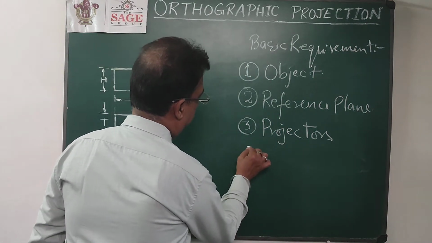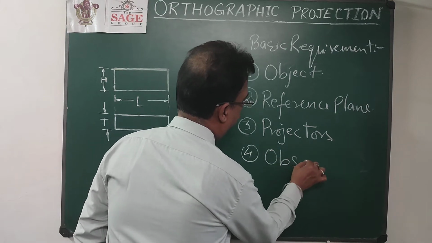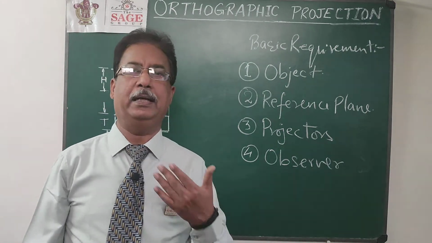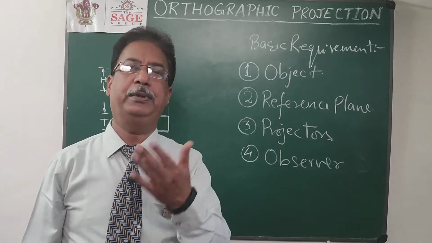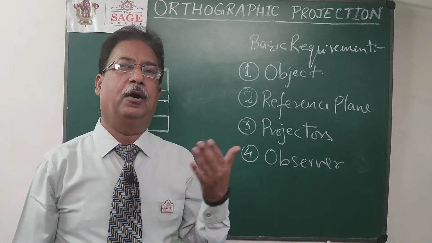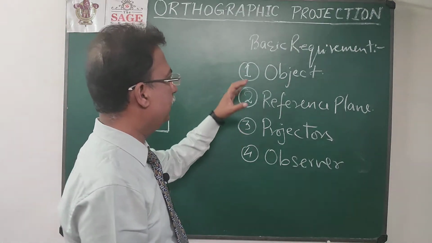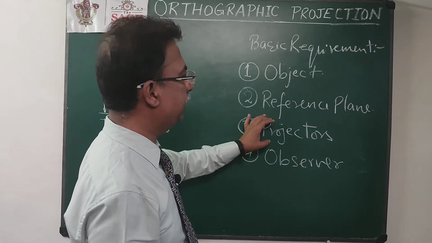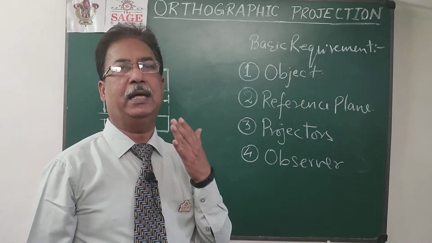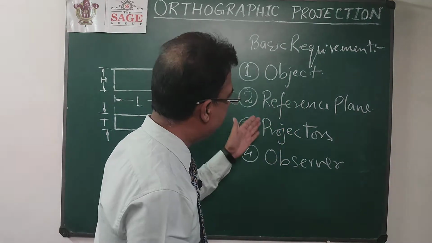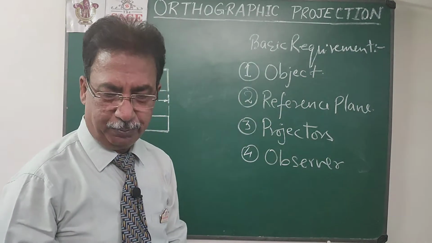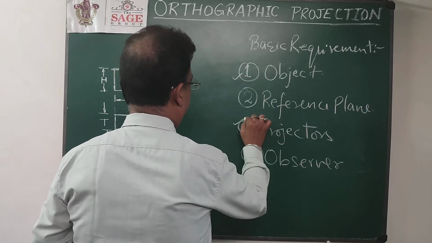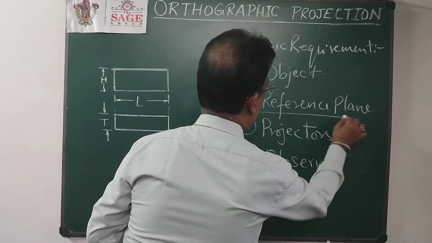And fourth, the most important thing will be the observer. We are the observer, so actually you are looking at the object and all the perspective will be regarding object will be through the observer. So these are the 4 basic requirements. Object will be available to us. We are the observer. Projector will come. Whatever I will see, that my ray of sight will be the projector. So physically what I need, that will be the reference plane. So I will start with the reference plane, and all other 3 things are already we know about. So I will start with the reference plane.